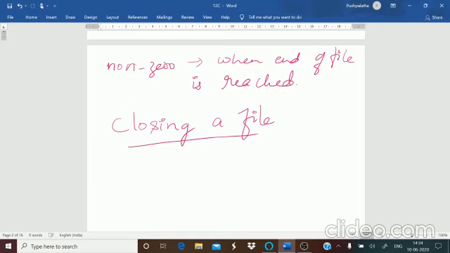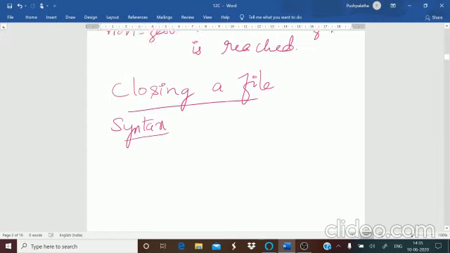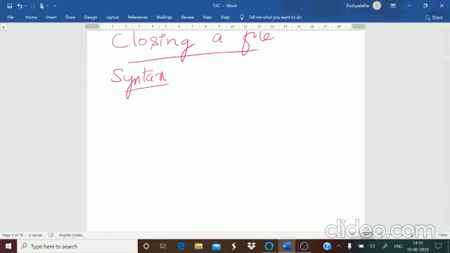The file is closed by disconnecting it from the stream object. Whatever it is connected to has to be disconnected. That is what you mean by closing a file. So all the files have to be closed once you finish the work. The syntax is stream object dot close.